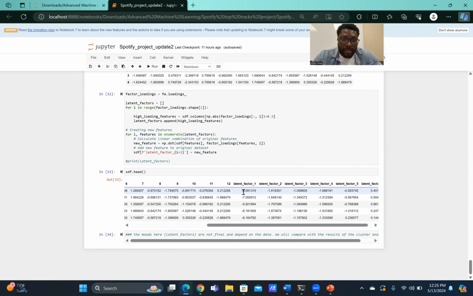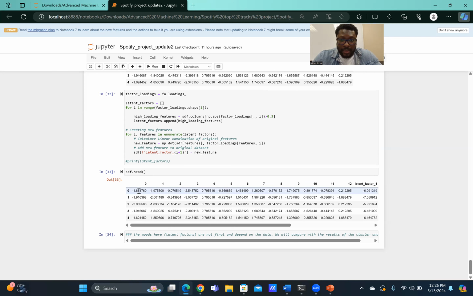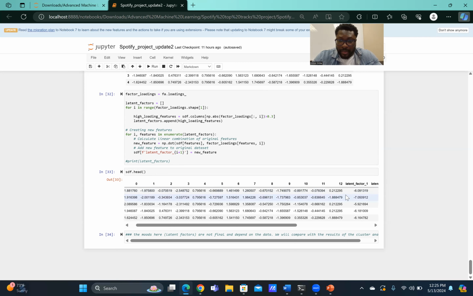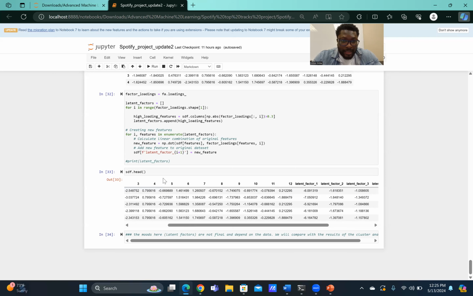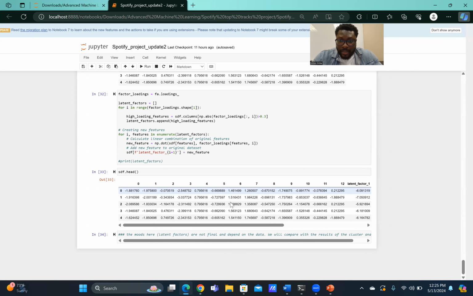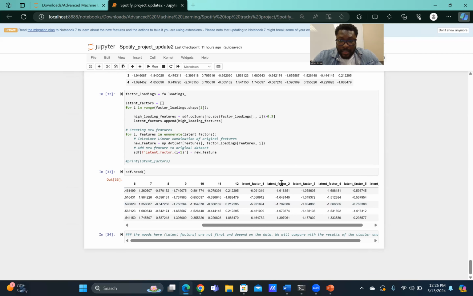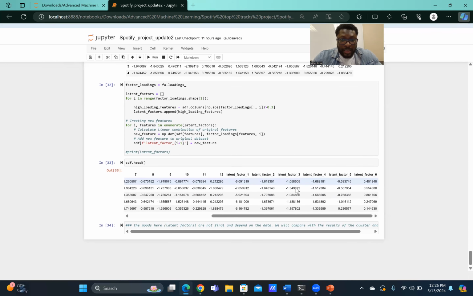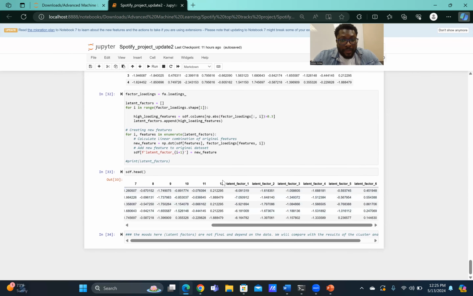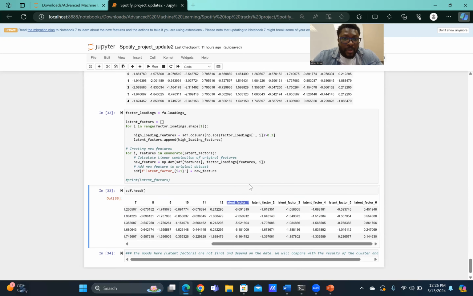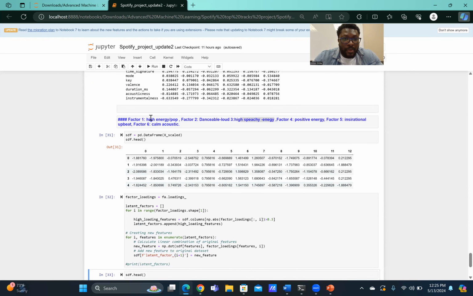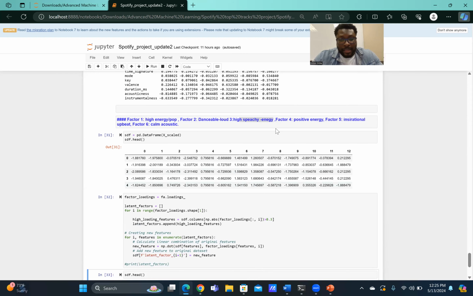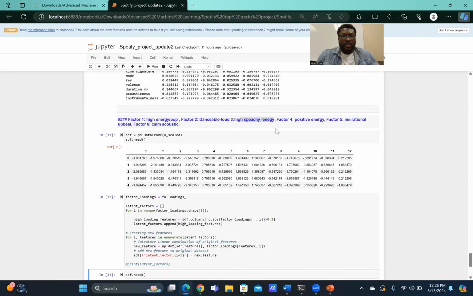So here represents this data point in this new feature space, here represents this data point in this new feature space, latent factor 2, latent factor 3, and so on. After that, we can decide to rename these latent factors with these new features. And that's how to do feature engineering with